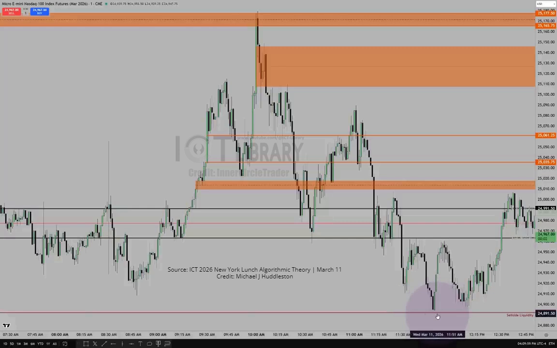Now, I already outlined what this is, okay? It's yesterday's New York lunch when they ran buy side. When the buy side's taken, you look for the inefficiency right before the liquidity's taken. That's how you're picking it. You're not picking the fair value gap right before that one, because it's one candle before the one I highlighted. You're picking the one that's formed right before the liquidity is taken, because it's part of a complex reversal, part of a macro time. It's during a New York session lunch yesterday, and it's happening at a time when reversals